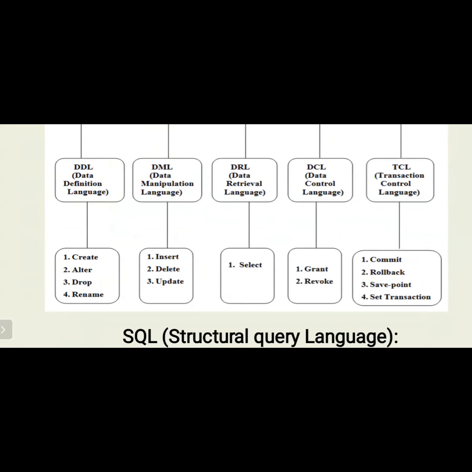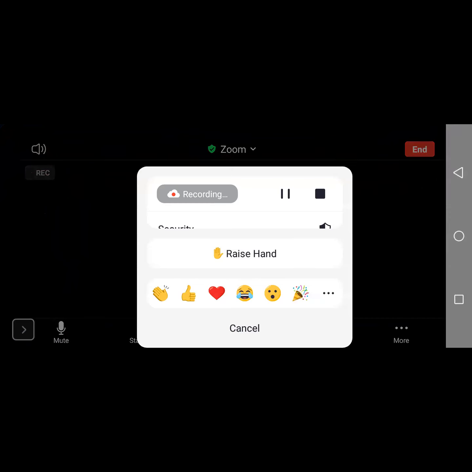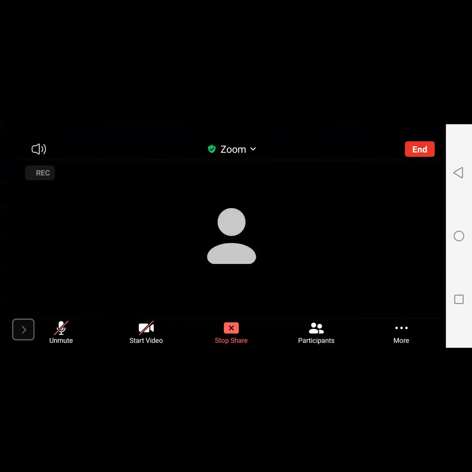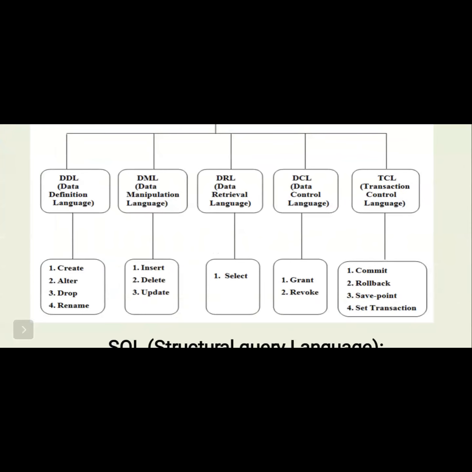In the same way, alter table, table name, add field name and data type. Please just wait here one minute.